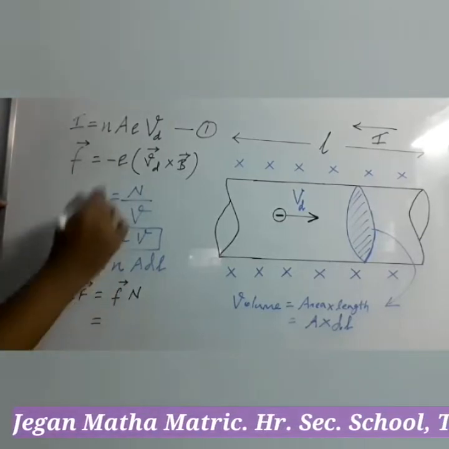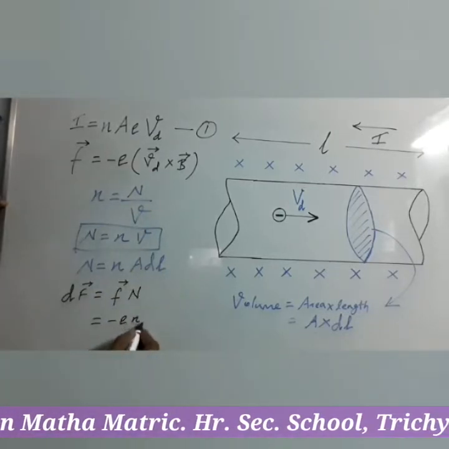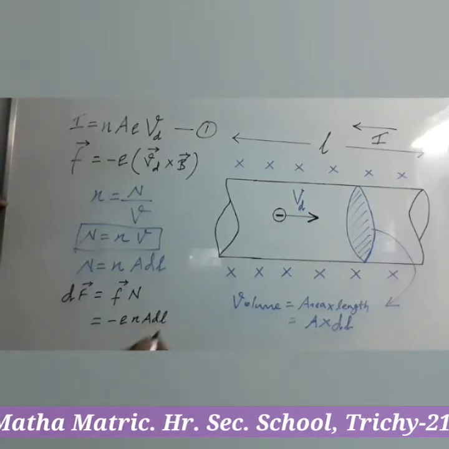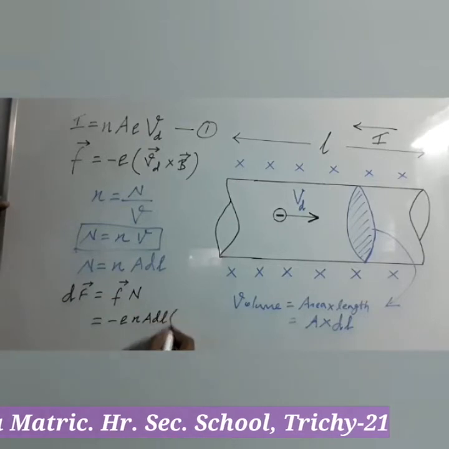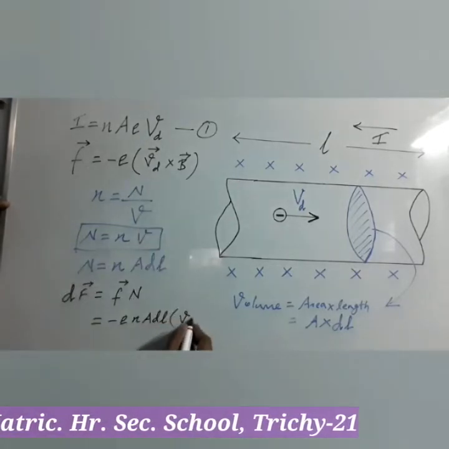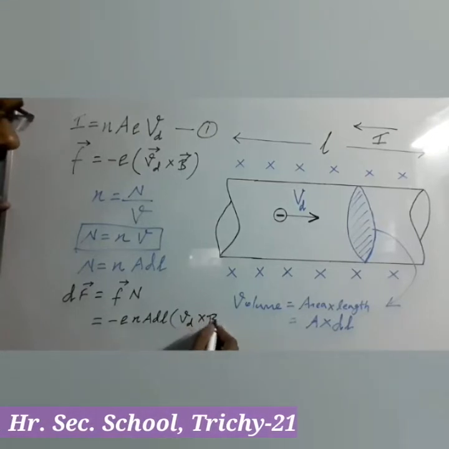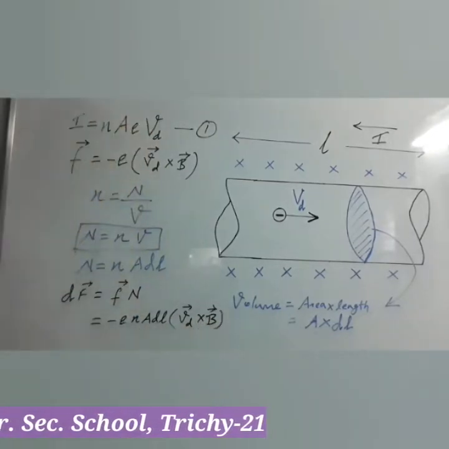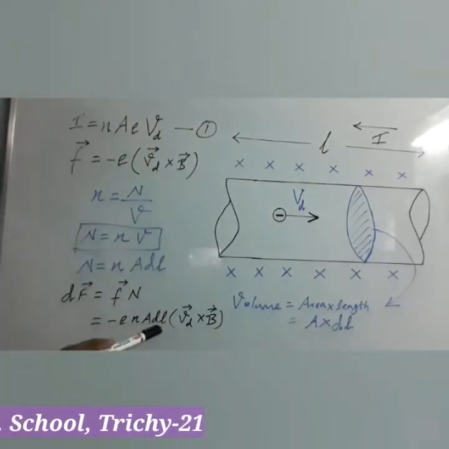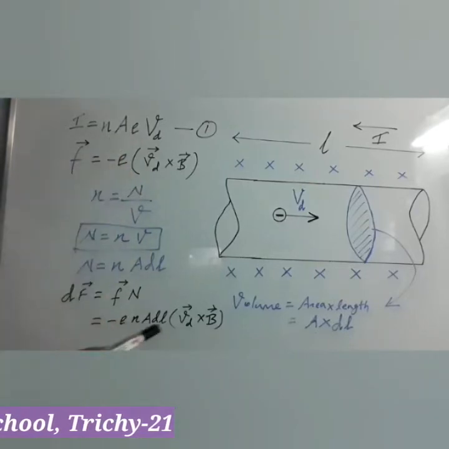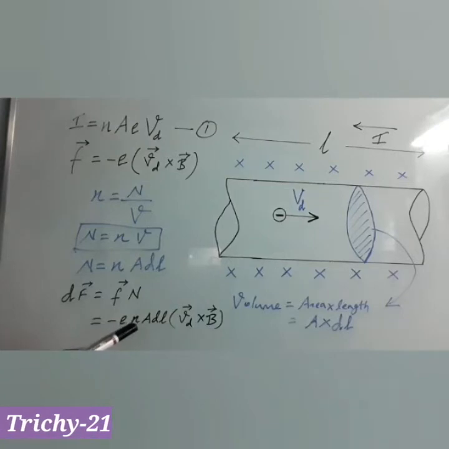Here the two values can be multiplied and we can obtain minus E N A D L within a bracket, Vd vector cross B vector. Now we can compare this expression with the first equation. Four quantities are common: N, A, E, drift velocity Vd are common in both the expressions. So instead of that four